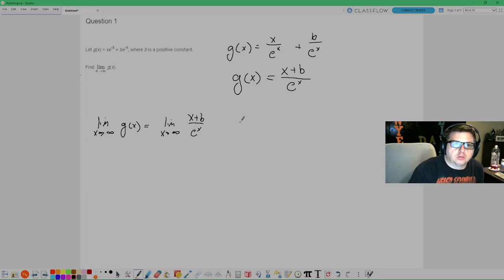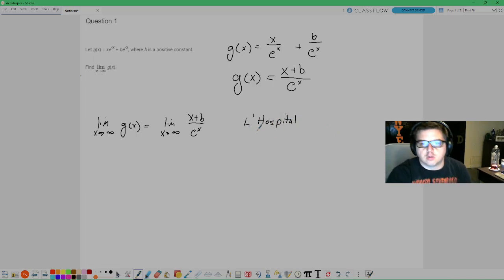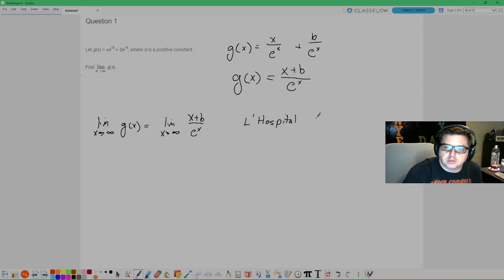However, with doing this as an open response, you can't talk about function races. The AP people do not know about function races, but what they do know is applying L'Hopital's rule. So we need to use L'Hopital's rule,